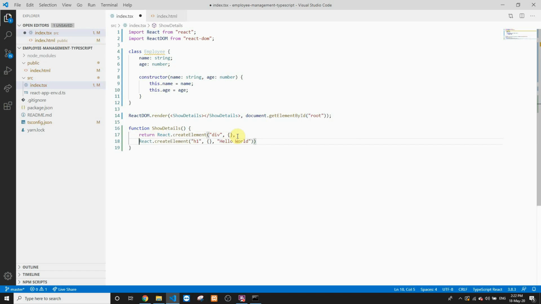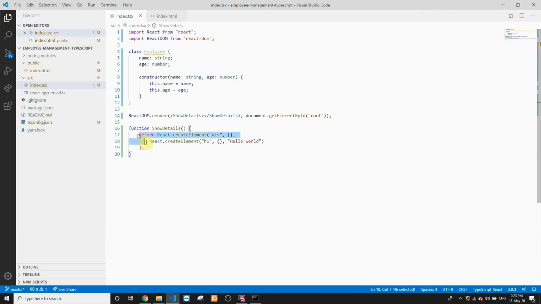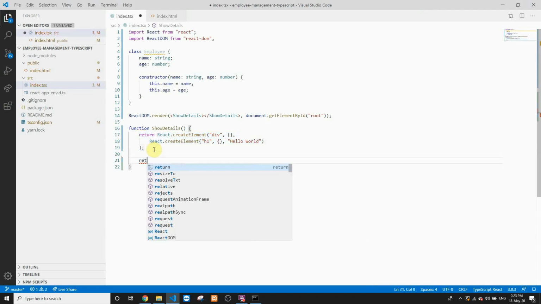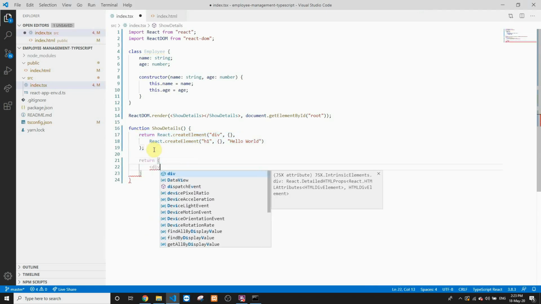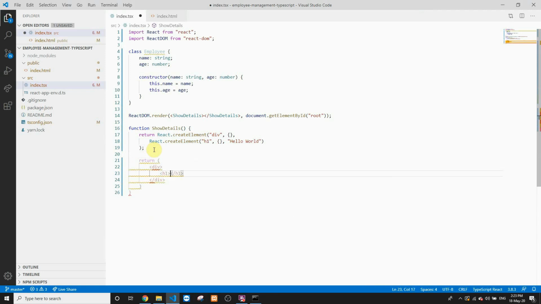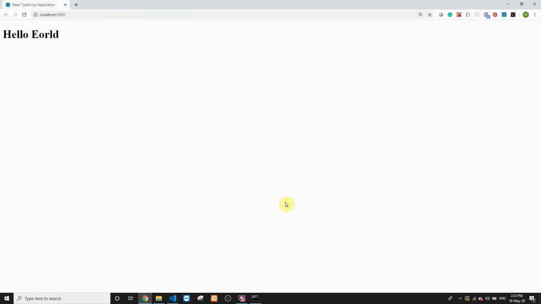Let me move this particular code to the next line. Let's close this bracket over here. And we can say this is the equivalent of that particular JSX code that we had in a JavaScript output. Let's get back to the browser and see the output. Now we have a hello world getting rendered. So this particular code that we have over here was equivalent to putting return a div having h1 tag saying hello world. Comment out this particular code and we'll see the same output getting displayed.